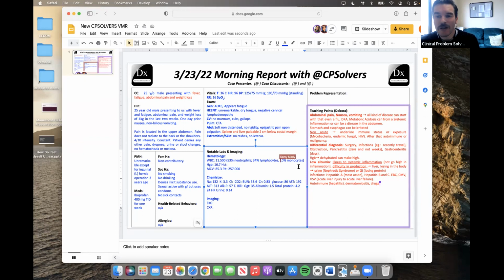Other things that can do it are going to be things that we can usually pick up on ultrasound. So for example, if somebody has a gallstone that ends up clogging up the biliary system, but then ultimately passes, you can leave a trace of a hepatocellular injury there. So certainly gallstone disease or biliary tract disease can also cause a low level elevation. And we might not see the elevated bili and alk phos if things have already passed. And so if this was a stone that was there and has now passed, we can see a hepatocellular pattern like this. And then lastly, the thing that we worry about is going to be underlying vascular pathologies, particularly like Budd-Chiari, but those will usually have LFTs in the thousands rather than the hundreds like this.